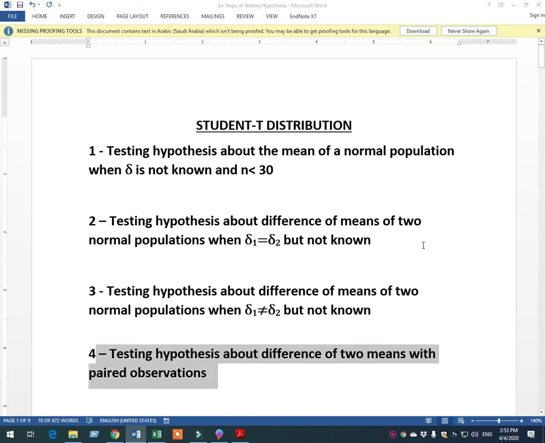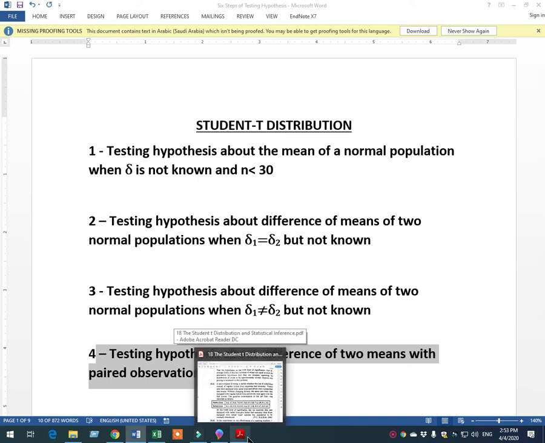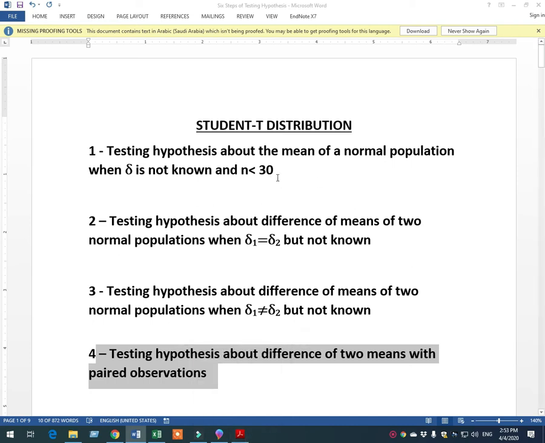So guys, now I'm explaining the fourth test of the distribution, and the fourth test of distribution is testing hypothesis about difference of the two means with paired observation. For clear understanding, I would go direct to the question. Through the question I'll be explaining this kind of test, because it is not a kind of normal test like